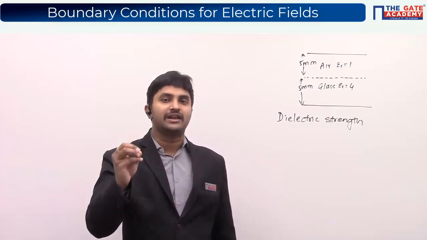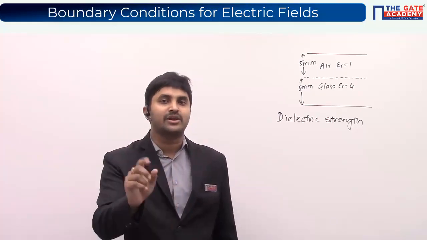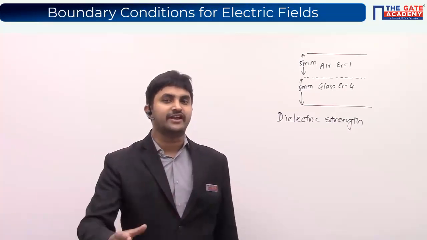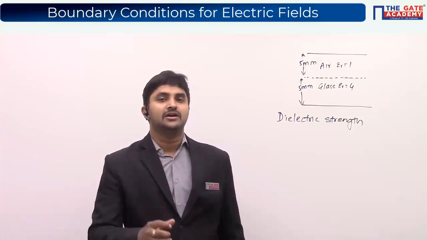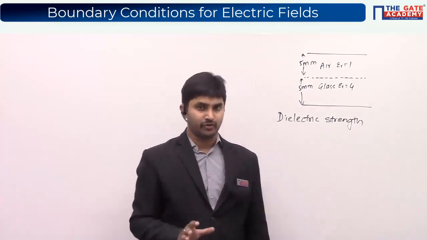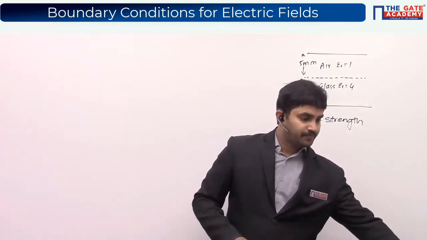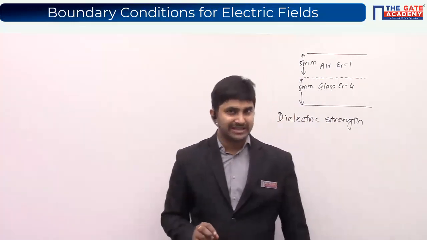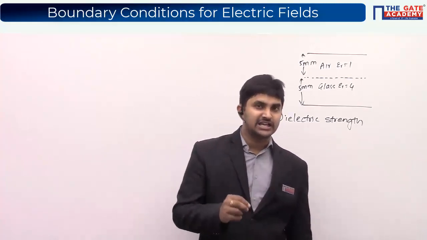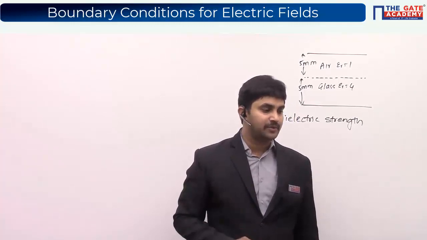Once you apply an electric field which is more than the rated or maximum electric field, then what you are going to see is the breakdown. Once the dielectric breaks down, it will be working like a conducting material, which we don't want to happen. So here the dielectric strength has been given to us: for air it is 30 kilovolt per centimeter and for glass it is 300 kilovolt per centimeter.